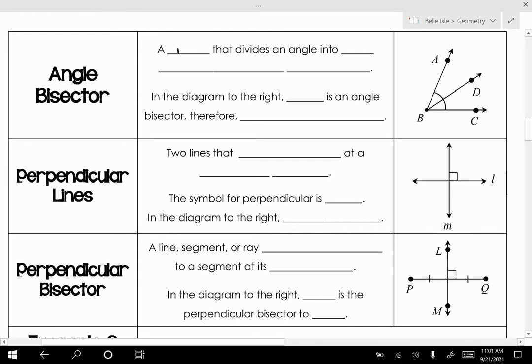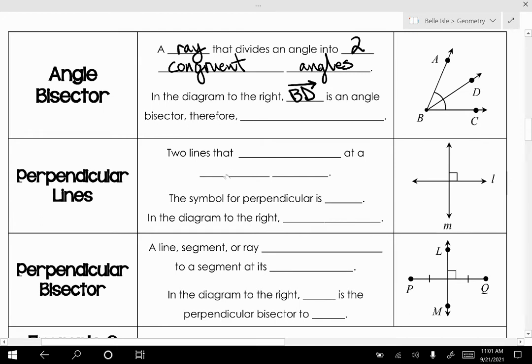A ray that divides an angle into two equal, congruent angles. Okay, so in the diagram to the right, you have ray BD. Ray BD is an angle bisector. Therefore,